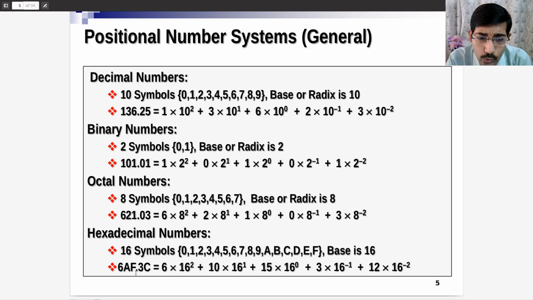Before the point, you go from right to left, 16 to the power 0 into F, so F means 15, that is 16 to the power 0 into 15. 16 to the power 0 into A, so A means 10, because 0, 1, 2, 3, 4 up to 9, A is 10, B is 11, C is 12, D is 13, E is 14 and F is 15. So the left part is this way, and the right part 3 into 16 to the power minus 1, that is 3 by 16, plus 12 into 16 to the power minus 2, that is 12 by 16 square in this way, this side. So the philosophy of converting any positional number to decimal number is the same,